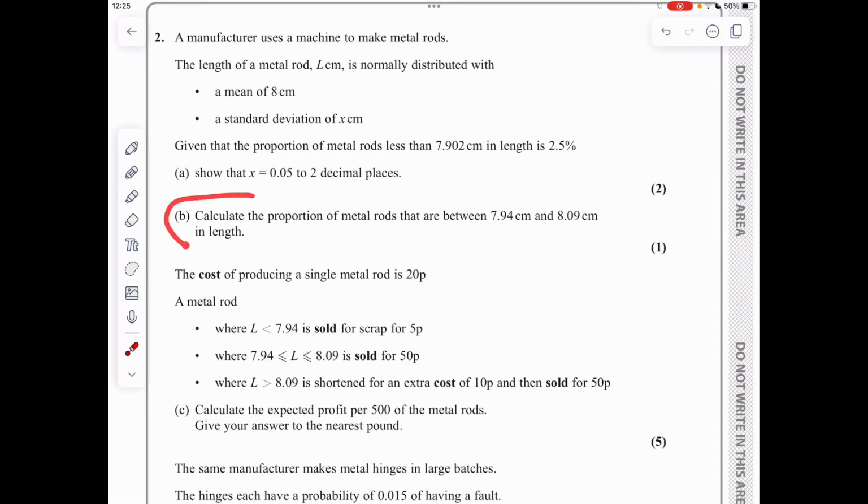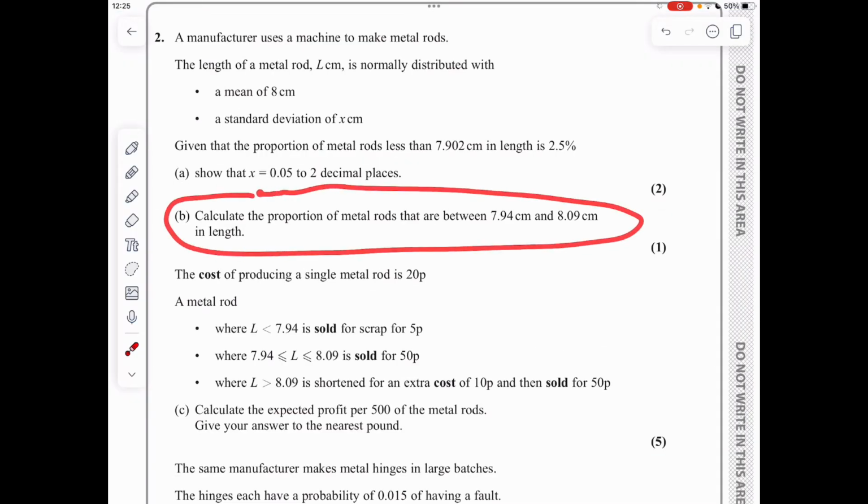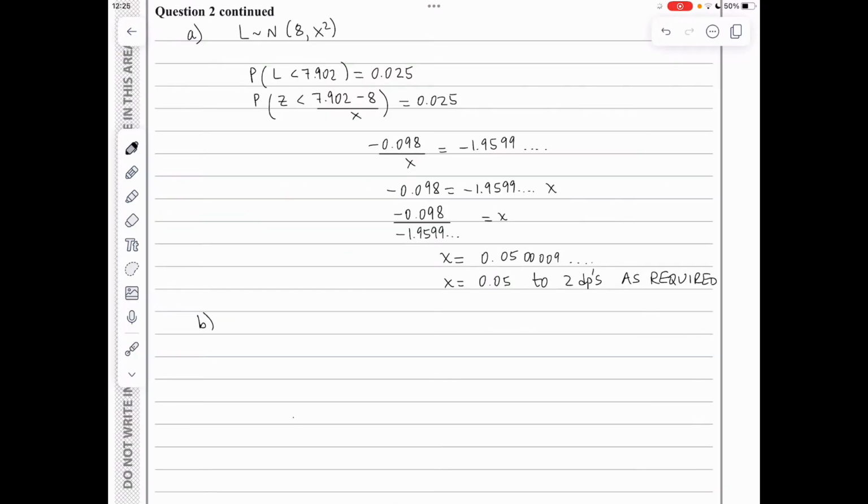In B, we are asked to calculate the proportion of metal rods that are between 7.94 and 8.09 centimeters. So we have established that L follows a normal distribution. The mean was 8. The standard deviation is 0.05 dot dot dot squared. So the probability we are between